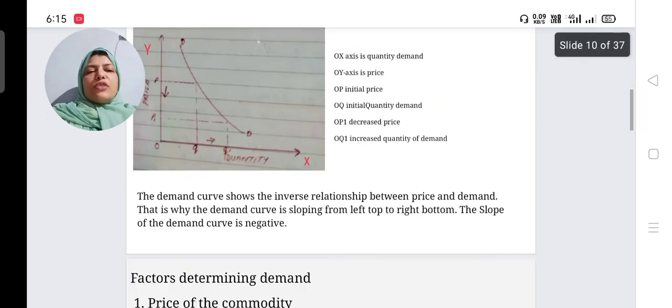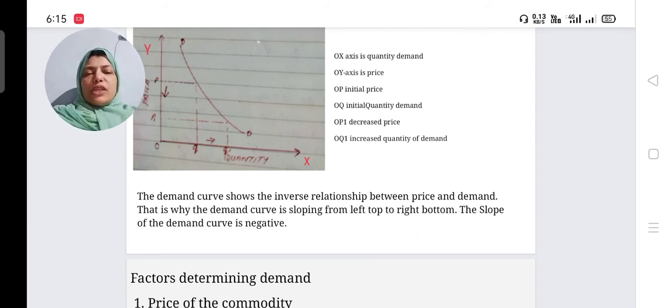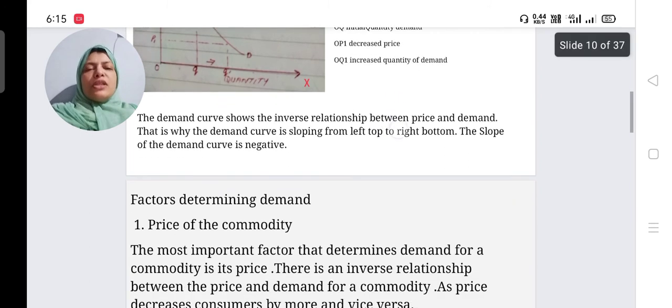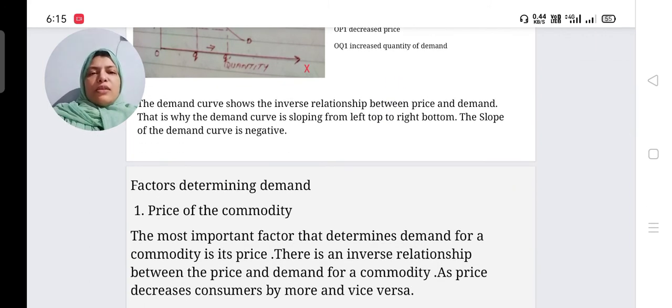The demand curve shows the inverse relationship between price and demand. That is why the demand curve is sloping from left top to right bottom. The slope of the demand curve is negative. Slope of the demand curve is negative because there is an opposite relation, inverse relation between demand and price. Then